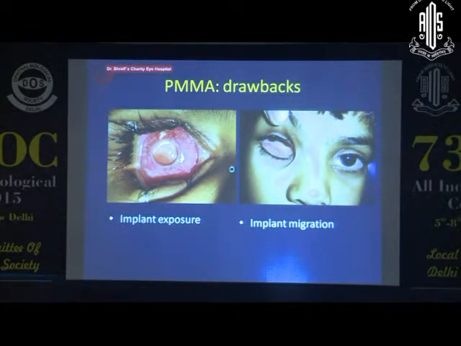Exposure is possibly more because of the technique of surgery we are using. If the closure is not secure, if you're not closing the Tenon's, conjunctiva and other tissues in layers, and the sclera in evisceration, for example, then exposure can happen. Migration is also probably because of the technique of surgery. If you put the implant nicely within the intraconal space in the posterior orbit as much as possible, this complication should also be rare.